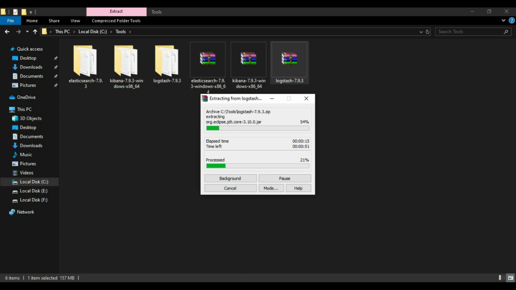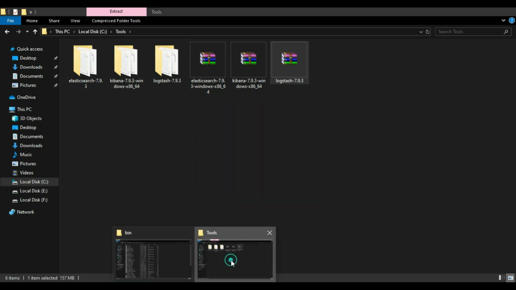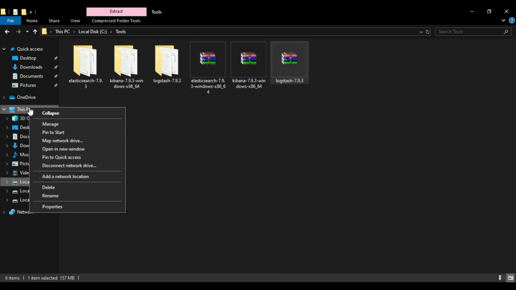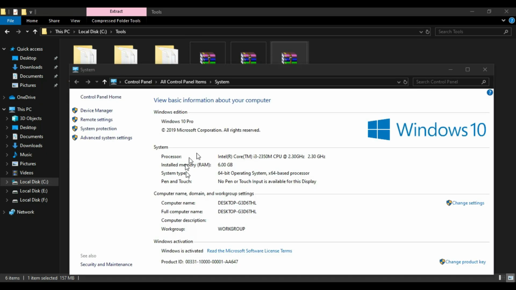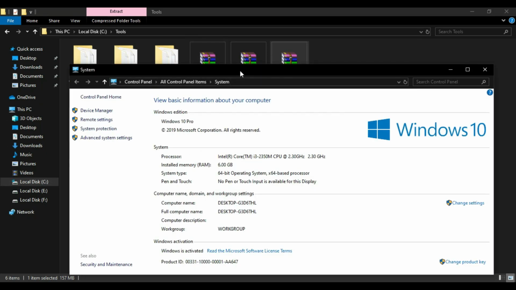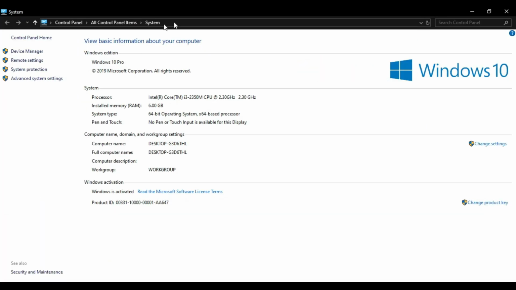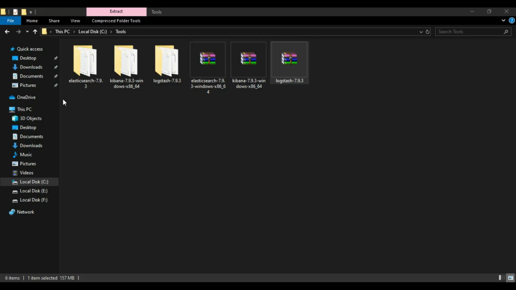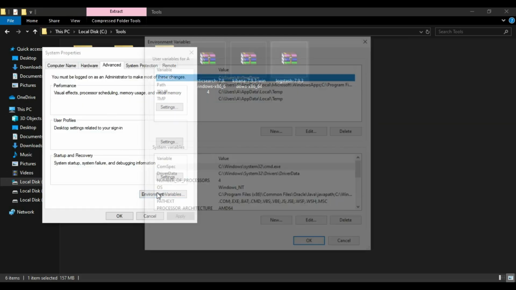We can set these up in environment variables so that we don't always need to go to these folders to start Logstash or Kibana. You can start from any folder.